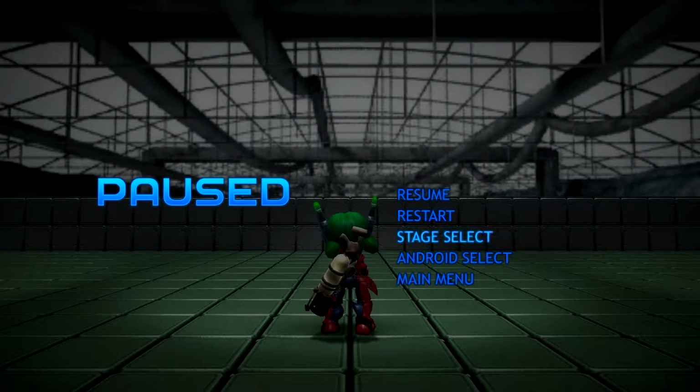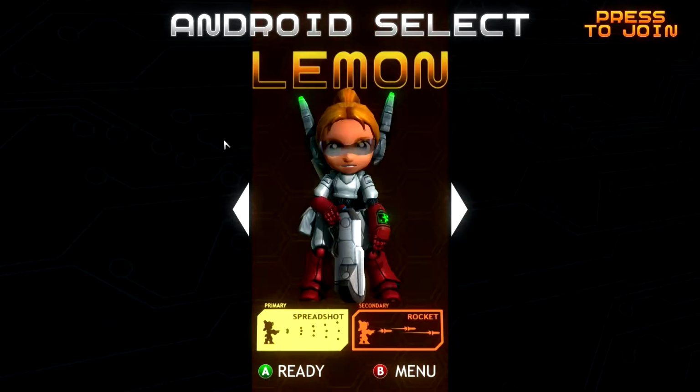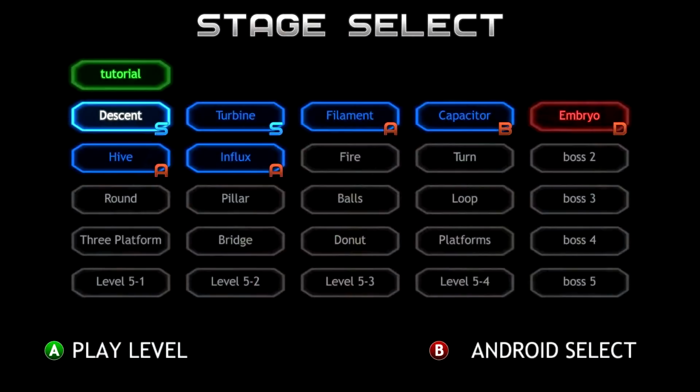I like that you can do pretty much everything right from this menu. Just saying, yes, I want the same stage, but Android select, please. So I'll choose her. I think she's the one I completed the game with, and she's my favorite character, I think. So let's go to Influx then